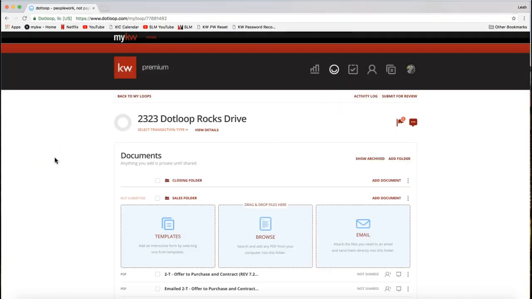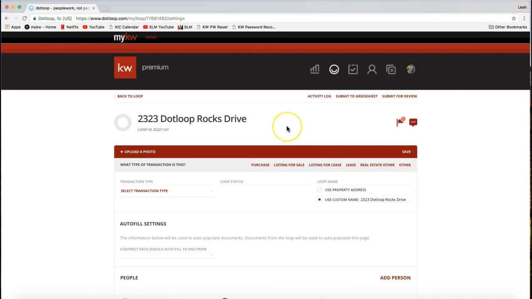And how to get to your green sheets from your Dotloop account. We would come up to View Details on the top of our loop. It's right under the loop name where it says View Details. So I clicked on View Details on the top of my loop right under the loop name. You'll then see the option on the top right. You have the option to submit for review right up here, and you also have the option to submit to green sheet. So if I were to click on that,